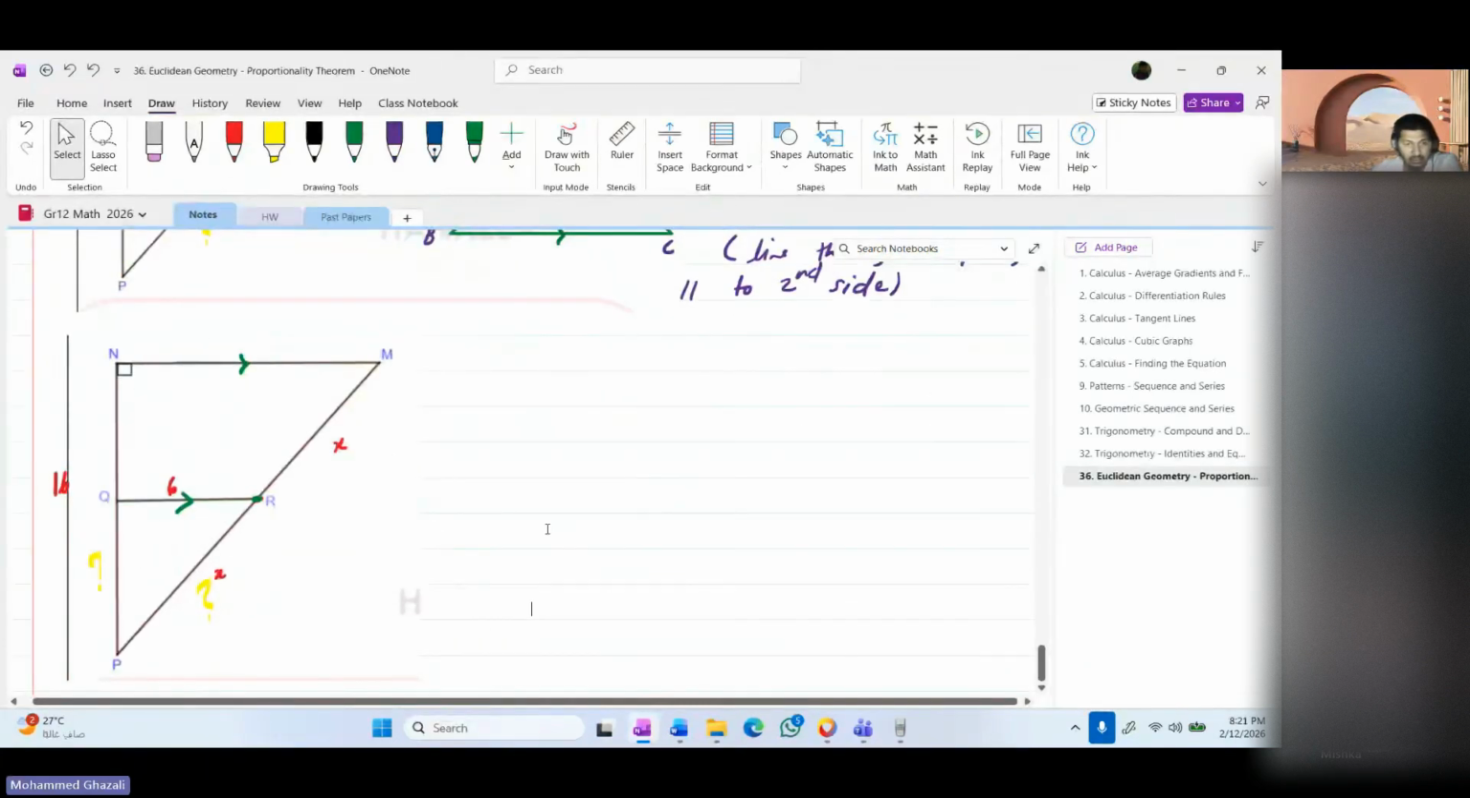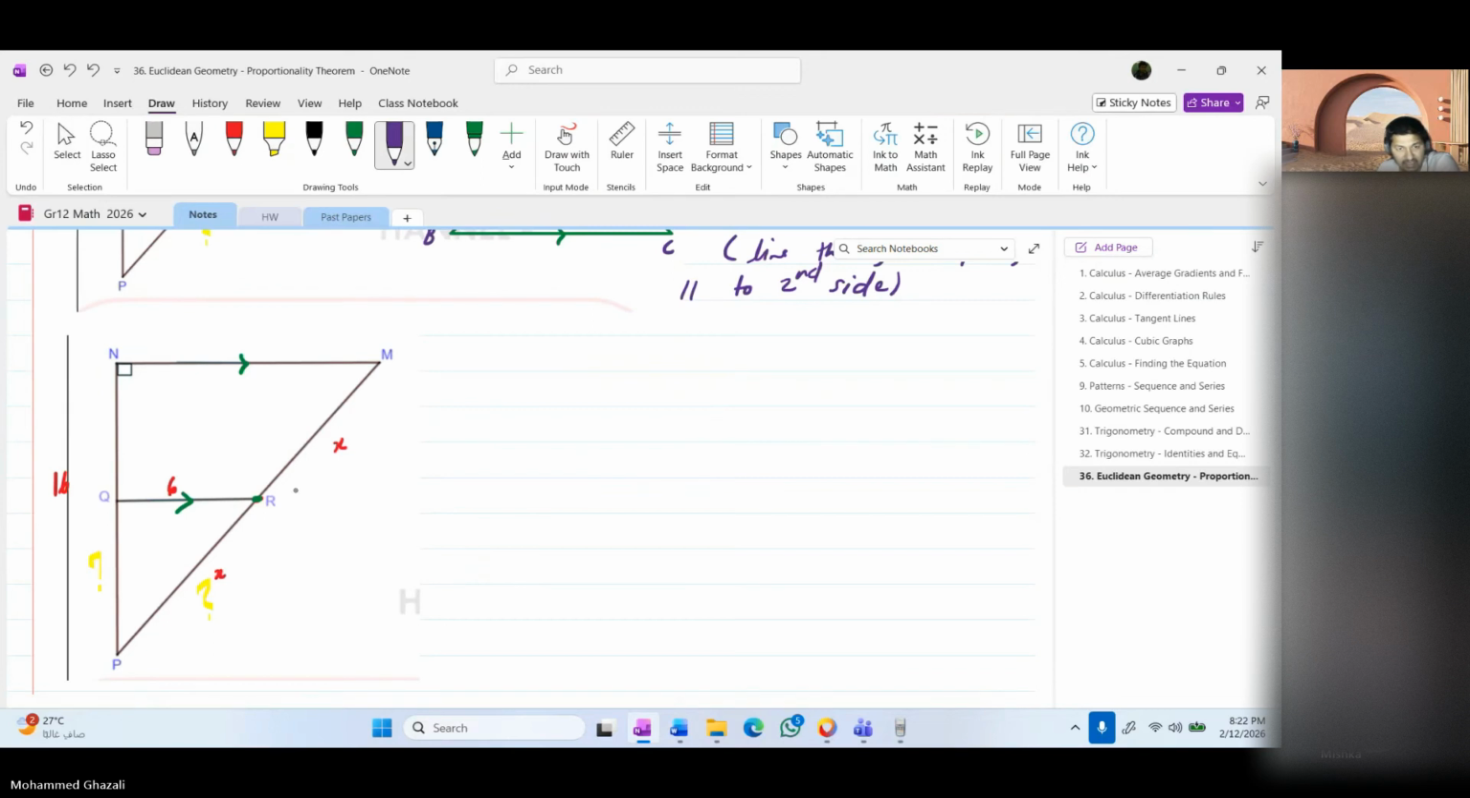First, we see that PR is equal to RM. That midpoint was given because I put X and X. Let's mark it again. And that parallel line was given. But now this was given as 16, so clearly we can say PQ equals NQ, which is equal to 8 centimeters. And the reason is line through midpoint